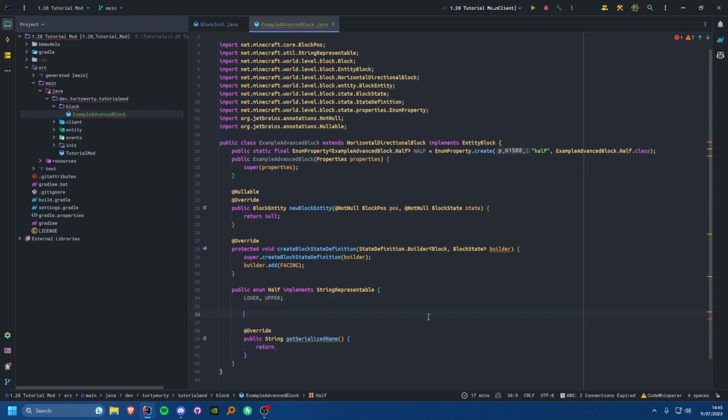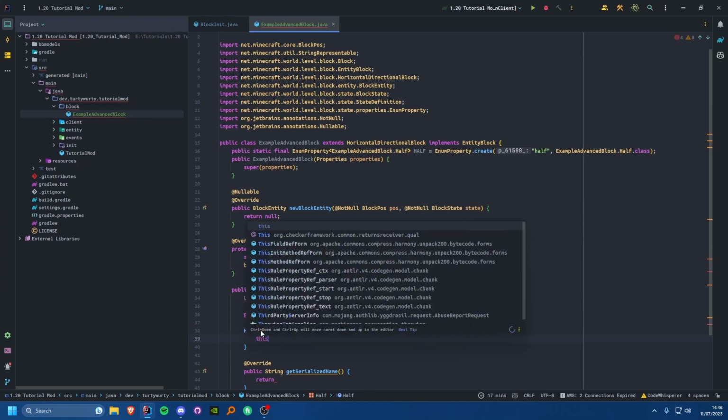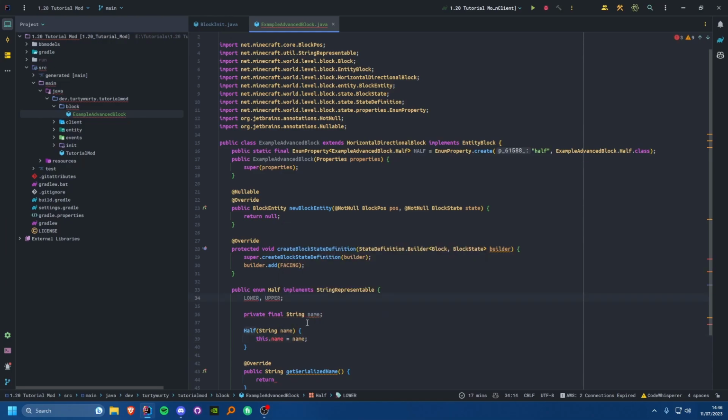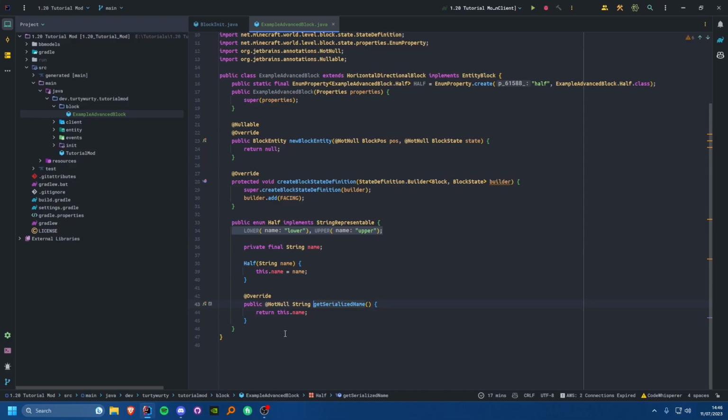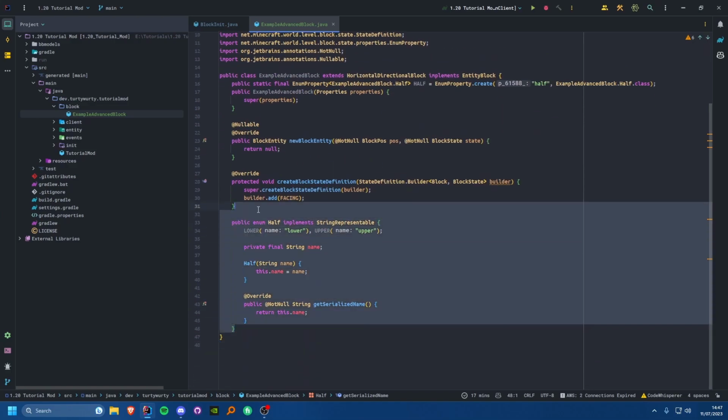So generally what you would do here is you would have a private final String name, and you would have your constructor, which just is not public because enums don't need a public constructor, which would take in your name, and then you would just do this.name is equal to name. And then these have to just put in a name, so lower, upper, and just return in getSerializedName this.name. Alternatively, obviously, you could just do return name.toLowerCase(Locale.ROOT). That would work too, but generally it's better to actually create a name property that you use in the constructor of the enum. But that's just basic Java stuff, really. I'm not too worried about using any of that, so I'm going to remove that.